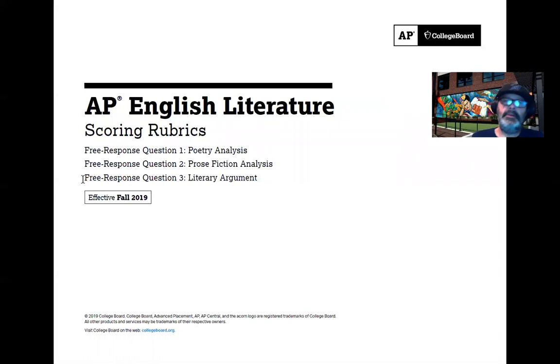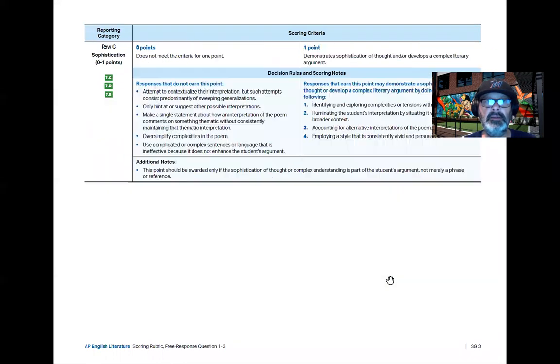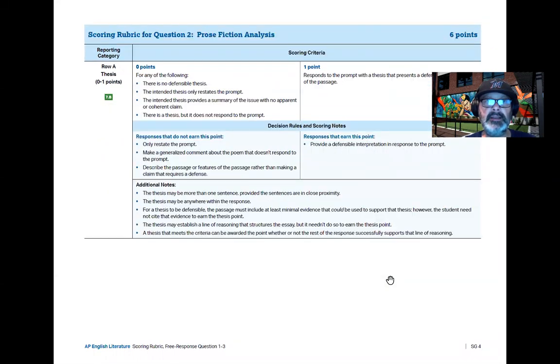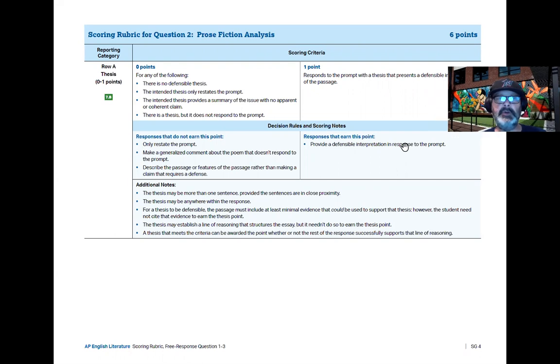Okay, there are three types of essays on the AP Lit exam: the poetry analysis, the prose fiction analysis, which is our opening unit, and then the literary argument on a complete work. Okay, so let's go to the second rubric. So here we go. It's called the prose fiction analysis, and it's